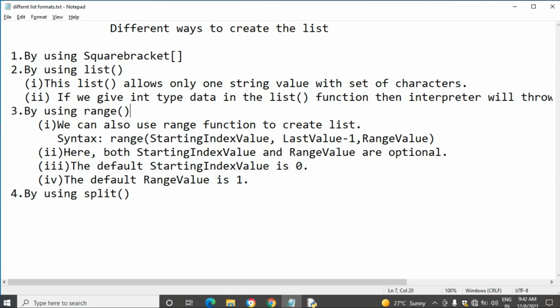It will give only the starting value and the last value itself, but the previous Python version gives the exact result. If you want to print the values ranging from 0 to 1000, the previous version prints the entire numbers, 0, 1, 2, up to 1000. But if you use the same function in Python 3, it will display the result like the start number is 0 and the end value is 1000, like this. Okay, let's see this also.